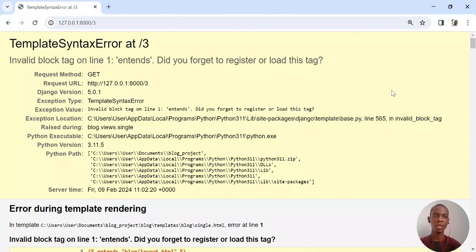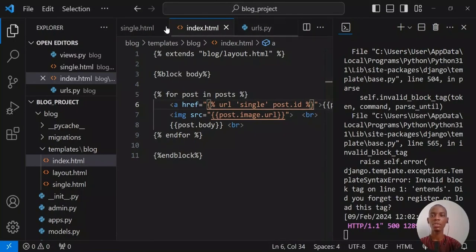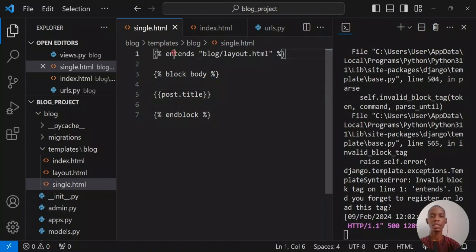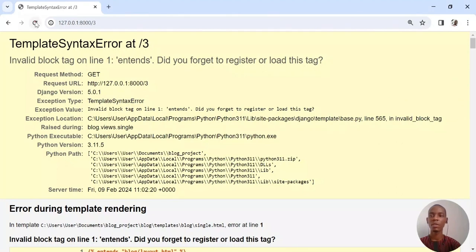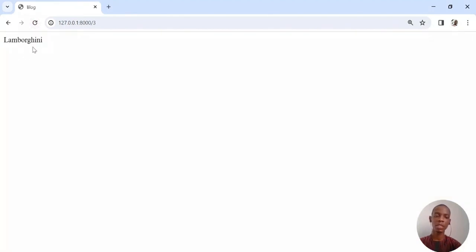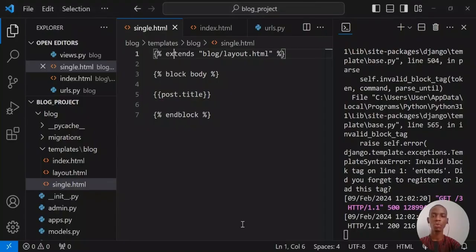So I think I made a typo again. So I'm going to go there. Instead of X, I used N and tens, which is wrong. I should have used extends. And then you see I'm getting the title now, Lambo. So what I'm going to do now is,